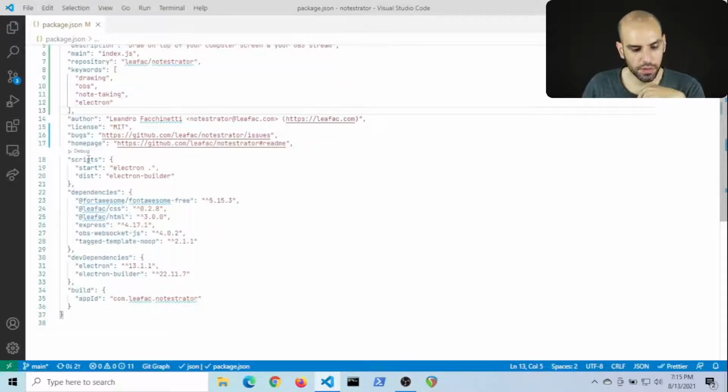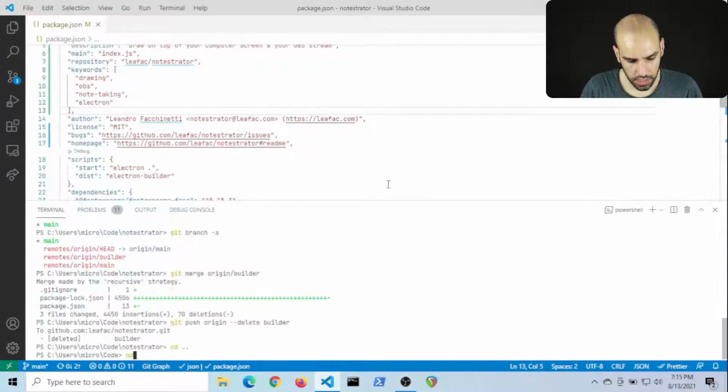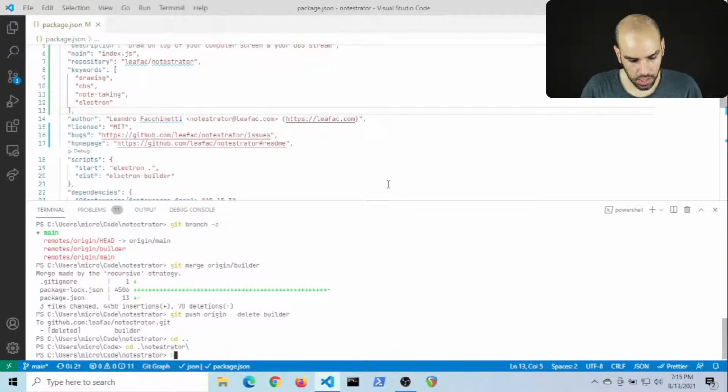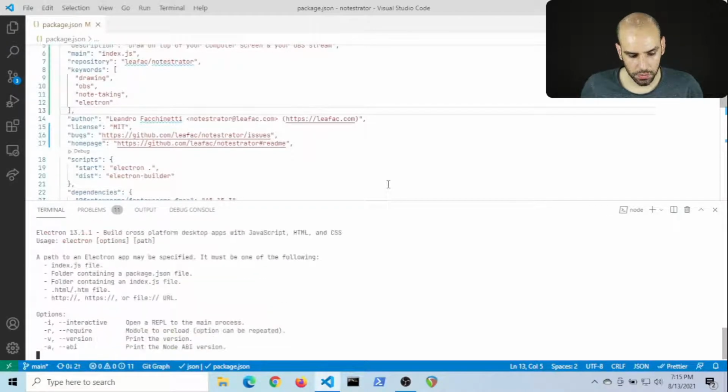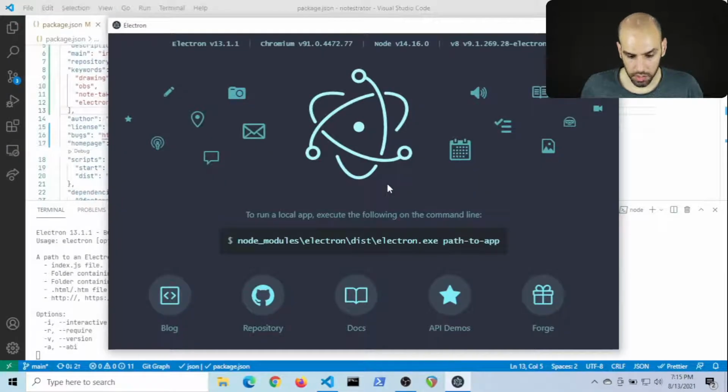Now, in terms of our scripts, I think that we are gonna go like this. That's all right. What happens if I just run Electron? Do I need a dot? If I just say npx electron, what does it try to do? It complains. Oh, it runs a default app.